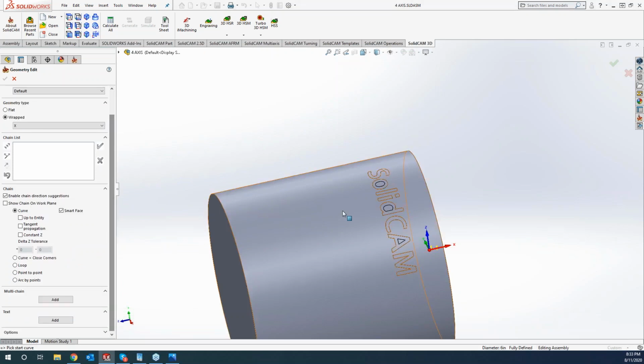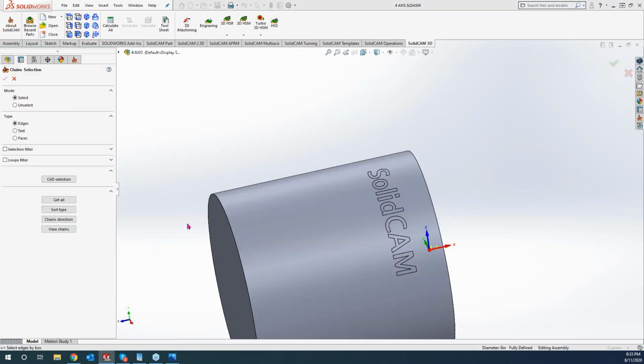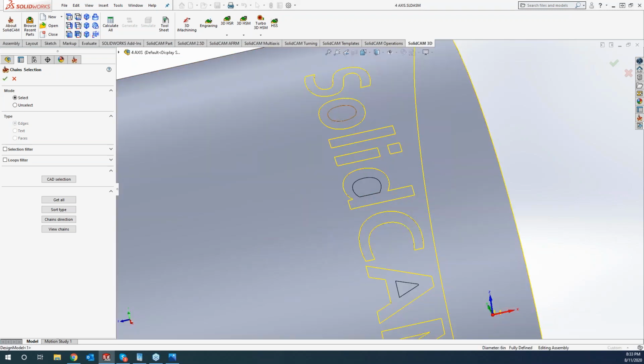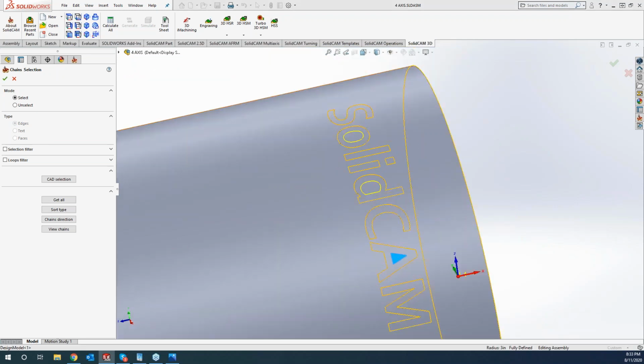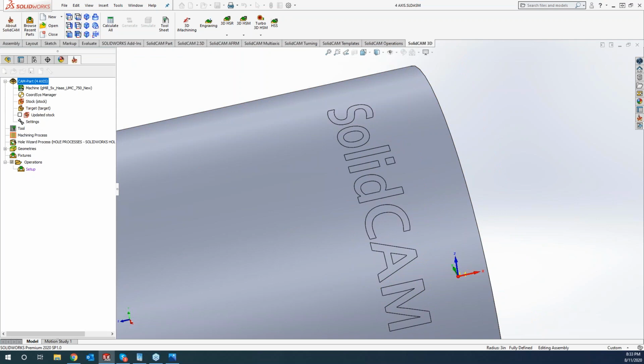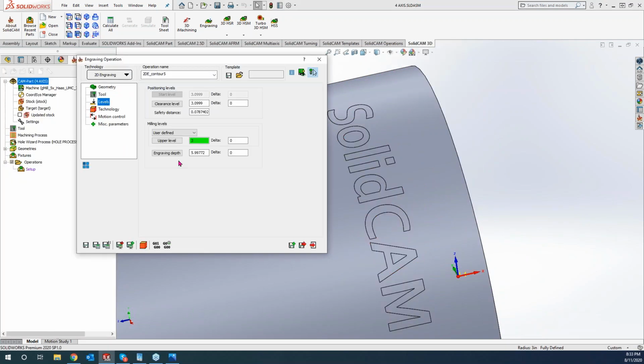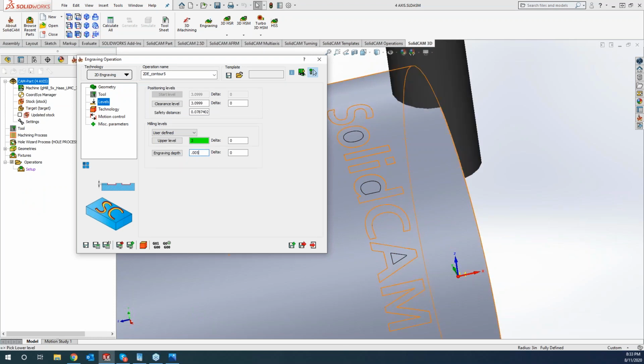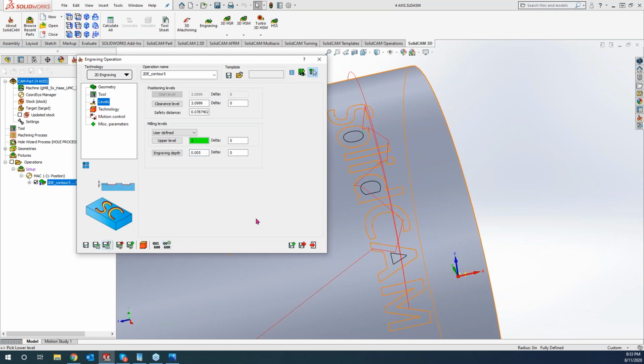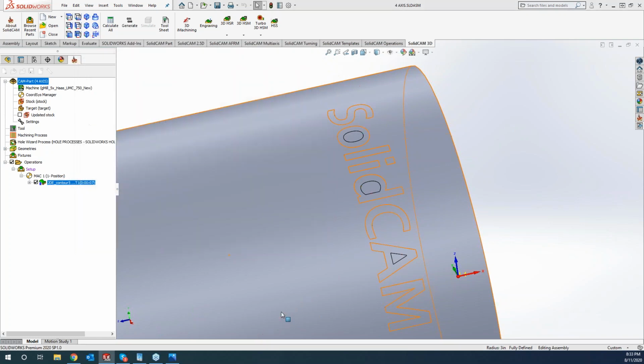And now if I come, I can grab that surface, do a multi-chain, and we're gonna go edges. There we go. Grab that one, and the middle of the A. There we go. And I'm just going to double check my levels again here. So this is going to be 5 thou. And now, if we go ahead and simulate this,